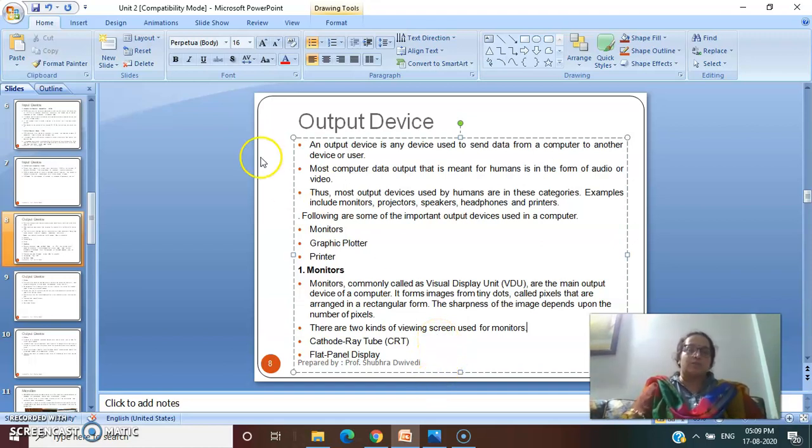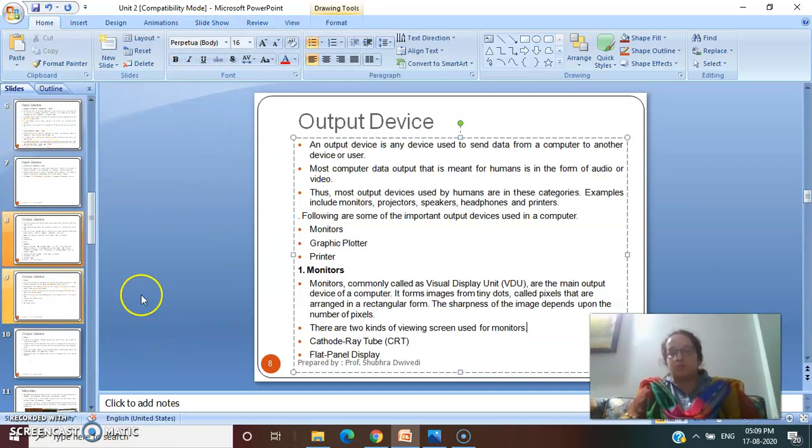Suppose I talk about this screen. When we do computer graphics programming, how do we view our output? Suppose I have just created a simple image, a circle, and I want to view it on my screen. So this will be my x-axis, like I'm moving in this direction now. This will be my x-axis and this will be my y-axis. In your computer screen, this will be your y-axis. Your x-axis will move in positive direction like here, and your y-axis will move in positive direction like in this direction.